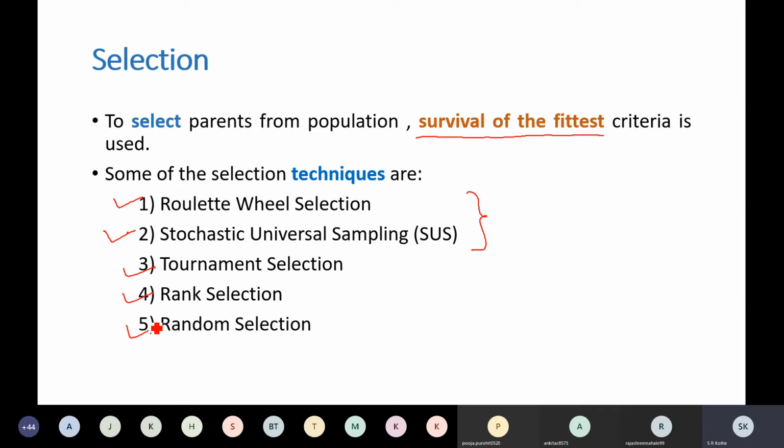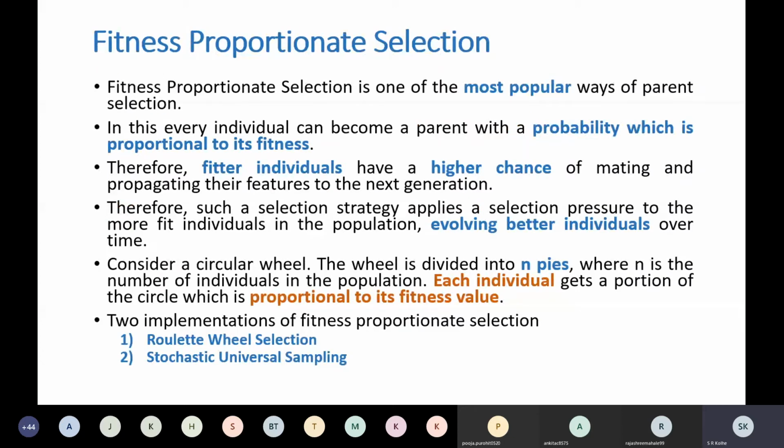So you will have a fitness function. Defining the fitness function is again problem dependent. For example, as we have seen in the traveling salesman problem, the sum of the distances traveled by the salesman can be your fitness function. So that sum function will be the fitness function. So it is highly problem dependent. Okay. So we have started with a fitness proportionate type of selection mechanism, which leads to two selection techniques: roulette wheel selection and stochastic universal sampling.